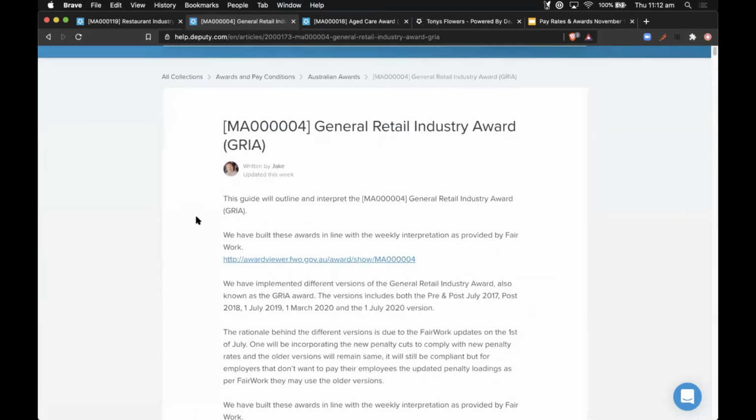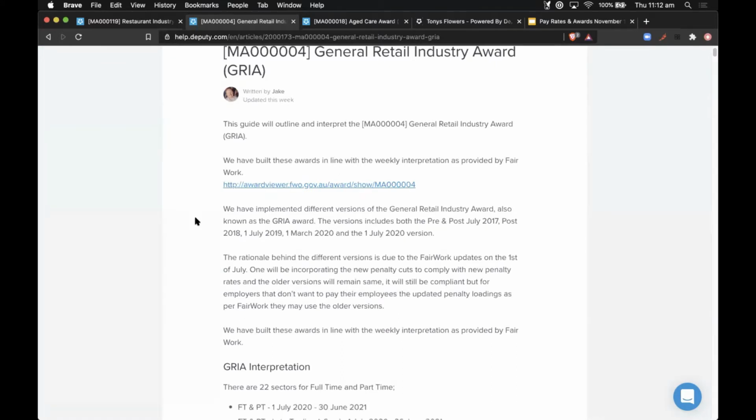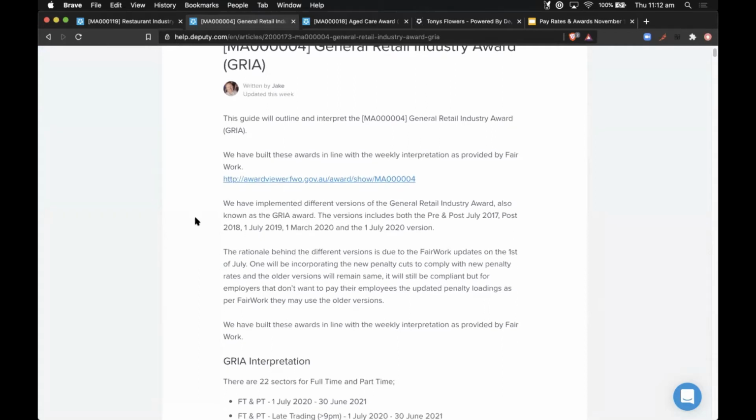And what this does is break down how our engineering team really builds these awards to accurately reflect pay as much as possible. So in this case, we've done a little breakdown of how we figured it out and how we're keeping up with Fair Work.